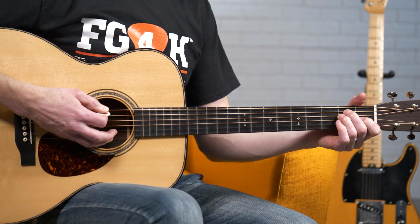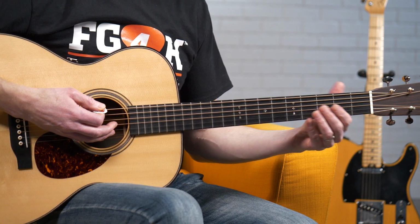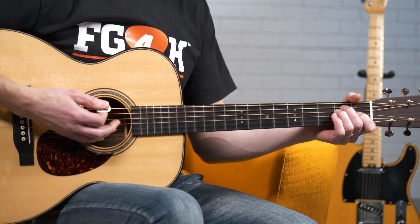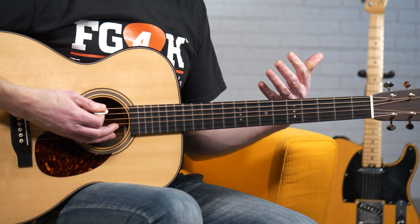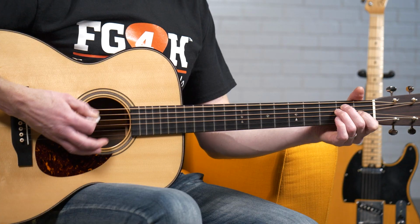So the boom is going to be sort of this lowest note of the chord. We'll start with that. It doesn't have to be, but we'll start with that. So this is, and then we get the chuck, which is the rest of the chord. This is a very classic style picking. You hear Johnny Cash do it. You'll hear pretty much every band that you can think of will be using this in some way, shape, or form. But a very common idea is just